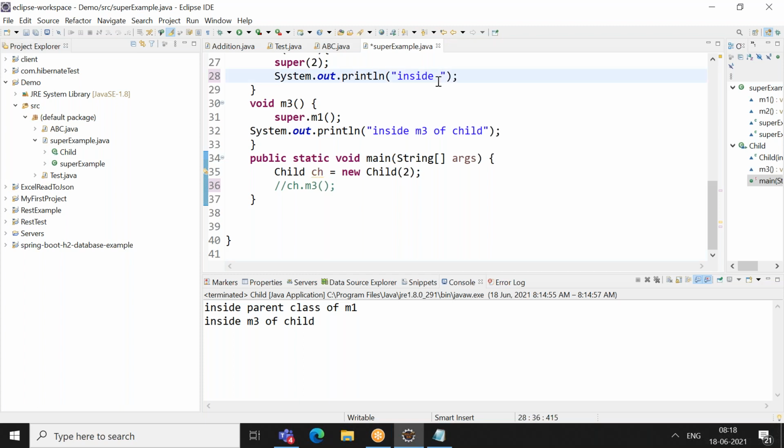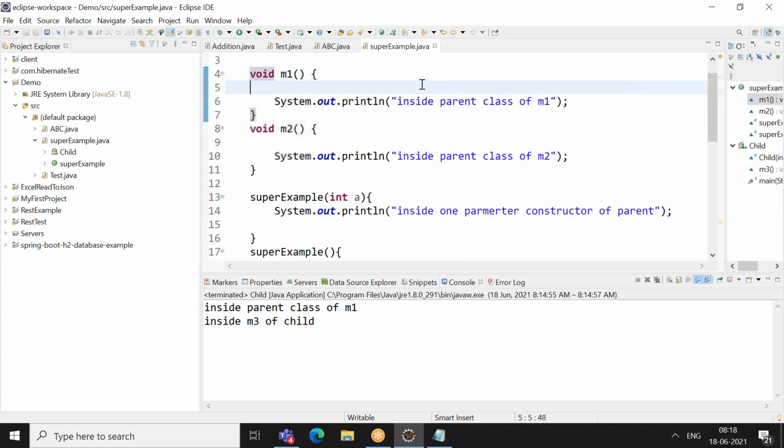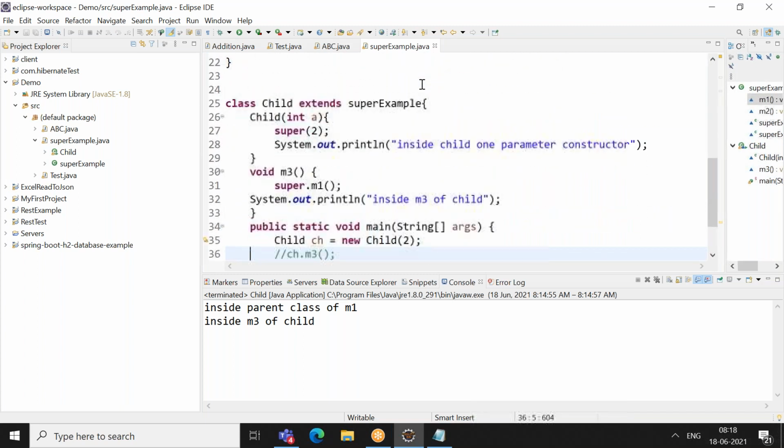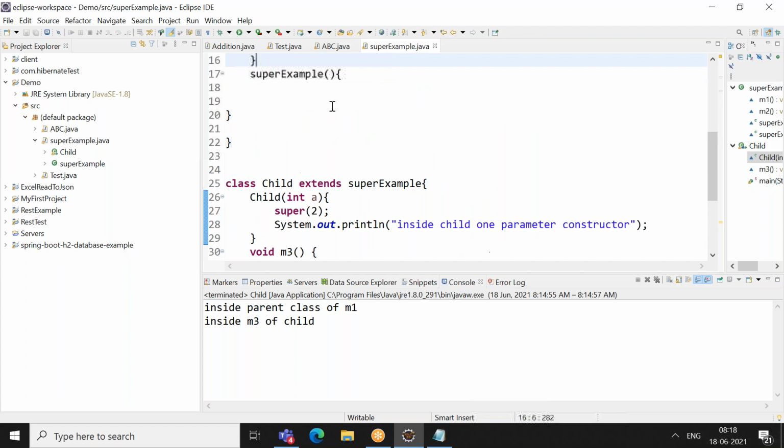Inside child, one parameter constructor. First, it will be your parent one parameter constructor. Next, your child one parameter constructor, because you are calling the child one parameter. From this child one parameter, if you want to call the parent one parameter or two parameters, I'm just passing super.